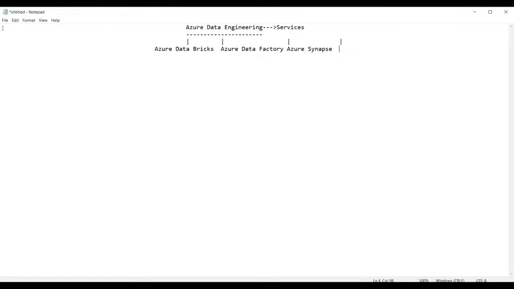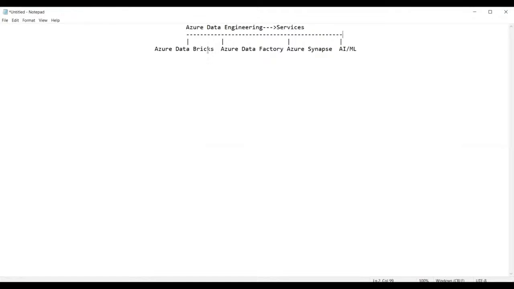We have Azure Artificial Intelligence, AI, or else we can also refer to it as ML, that is machine learning. These are all the services packed into Azure data engineering. That means all end-to-end solutions for the data. Data engineering means end-to-end solutions for the data.